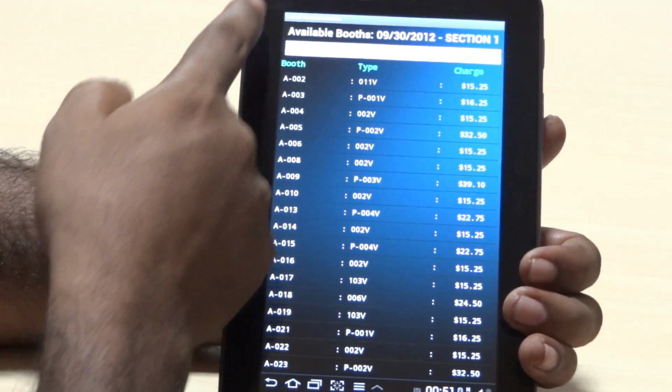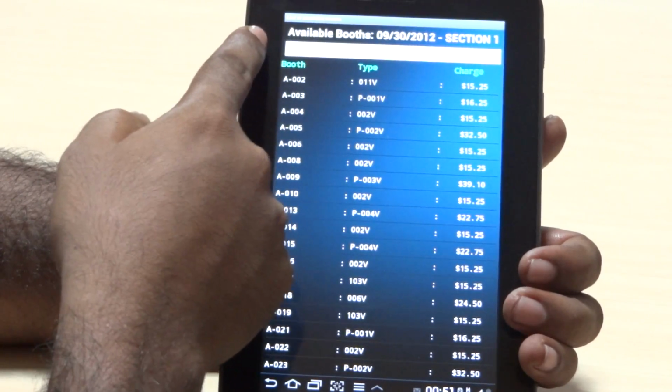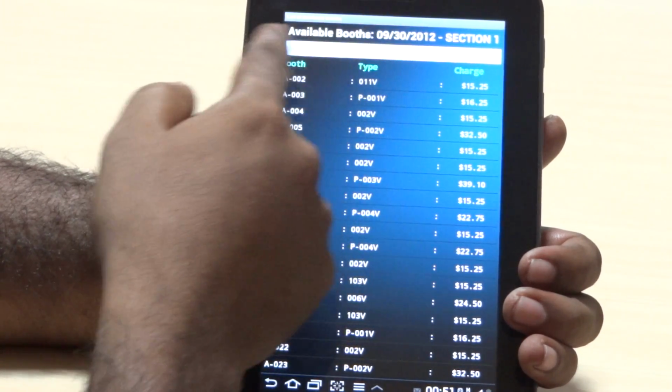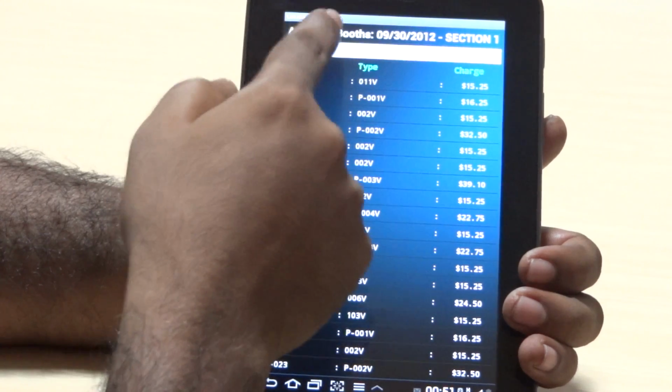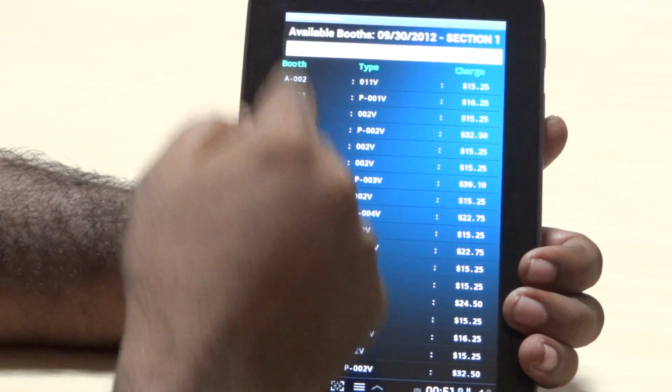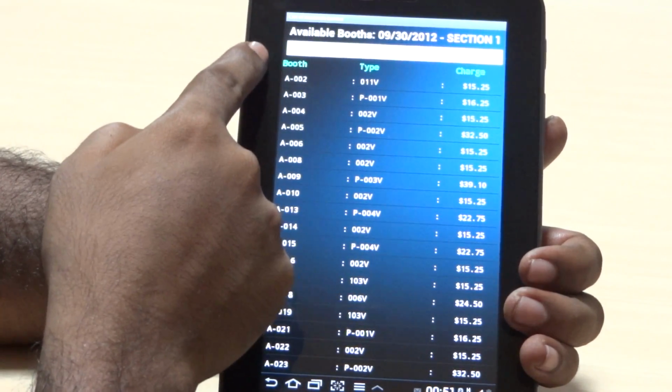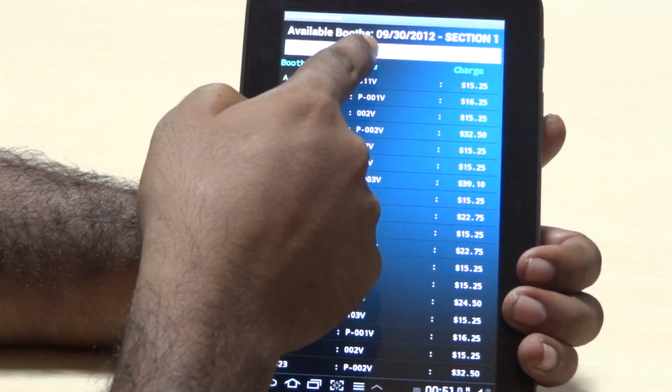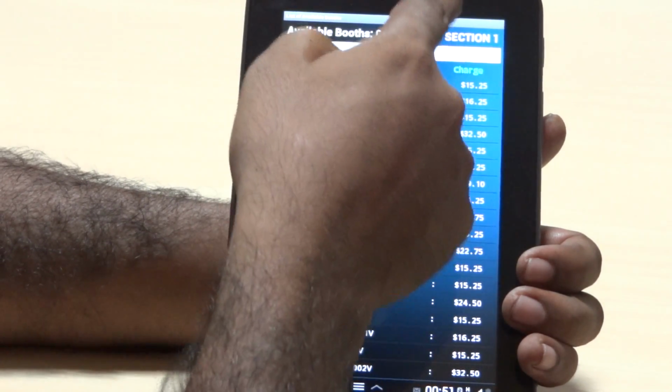Again, we've used one of the inbuilt features that's available in Android for the comprehensive search here. If you notice, you just have one search box, but you can type in any search criteria. If you want to search by booth number, you could search. If you want to search by booth type, you could do that. You want to search by